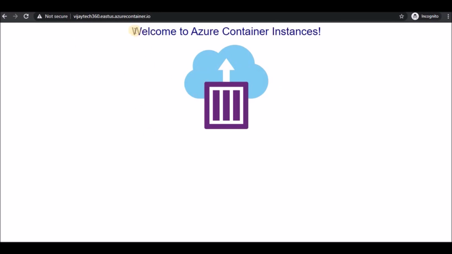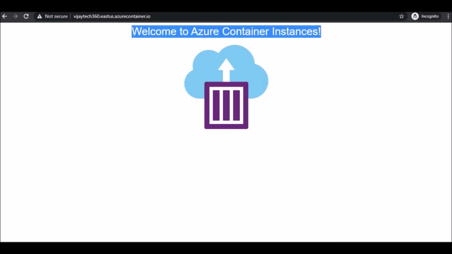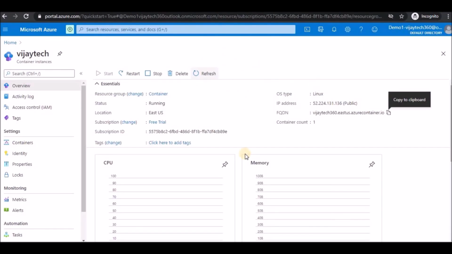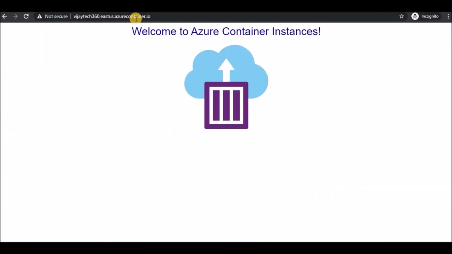So this is just a welcome program. Like that you can have your own container image and deploy your own website. That will be taught in the Azure developer course or Azure architect course. But this is how you can launch an Azure container. I hope I helped you understand how to configure the container instance, and I showed you how you can enter the DNS address and get this image here.